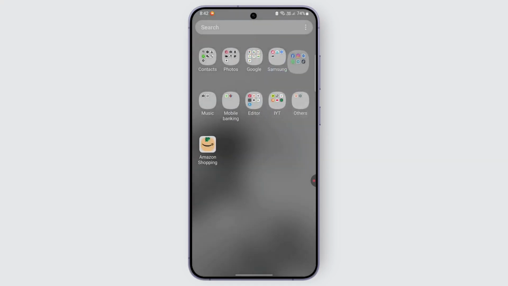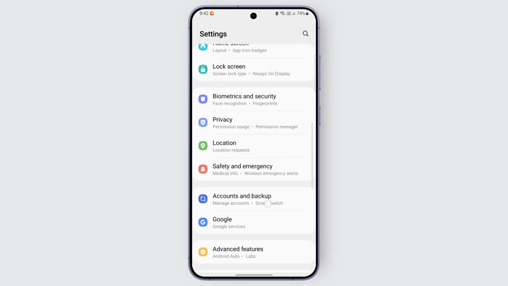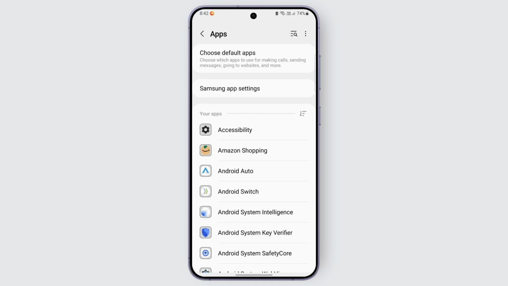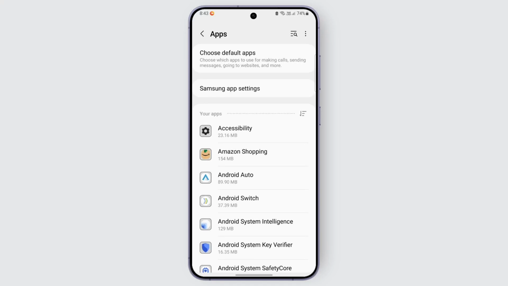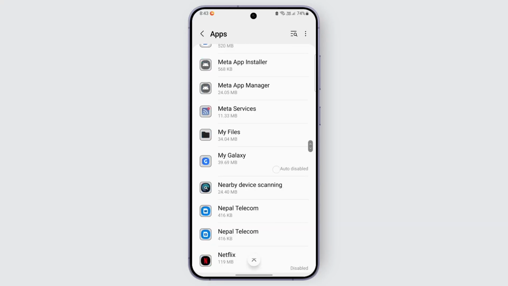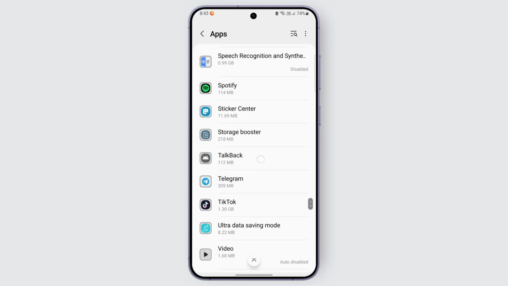So go to your phone settings for that, open it up. And once you open up your phone settings, you can go over, scroll down and find the option for apps and tap on it. After you tap on apps, you can select the option for Telegram. Scroll down, find Telegram, and once you find Telegram, tap on it,